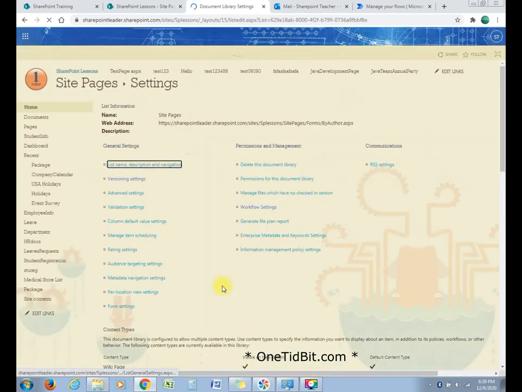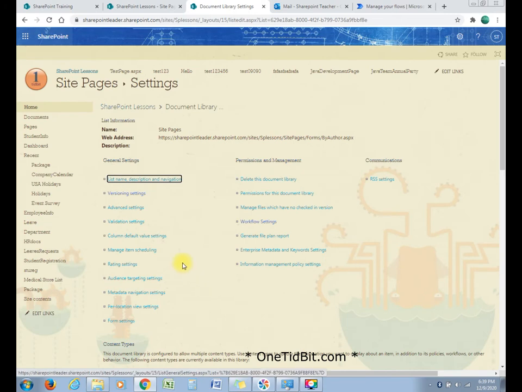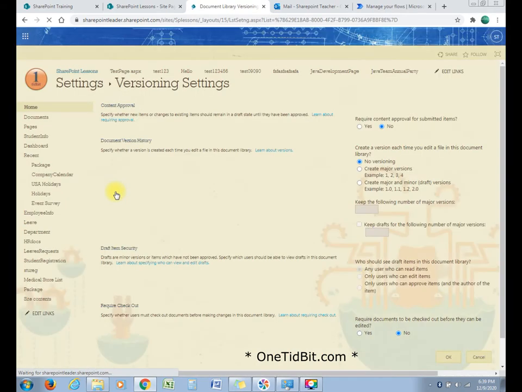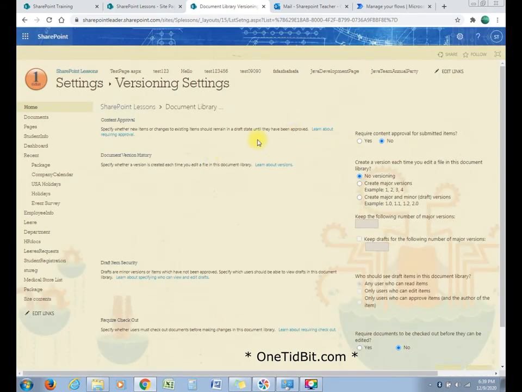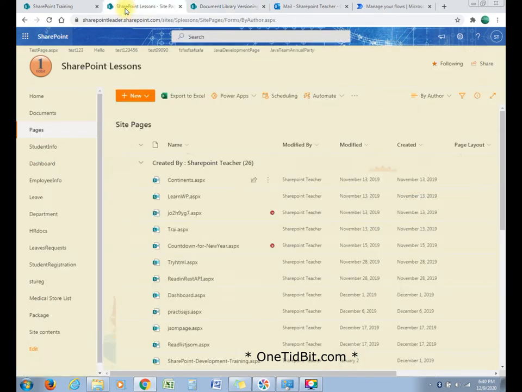Normally this approval content will be available here in the version settings, right? So at present it is no.